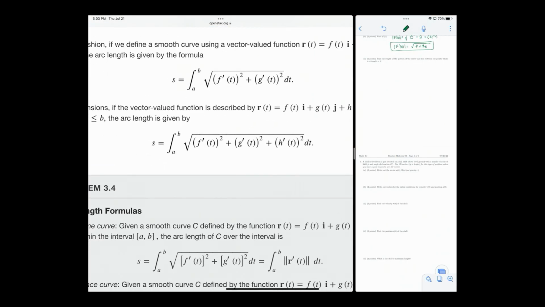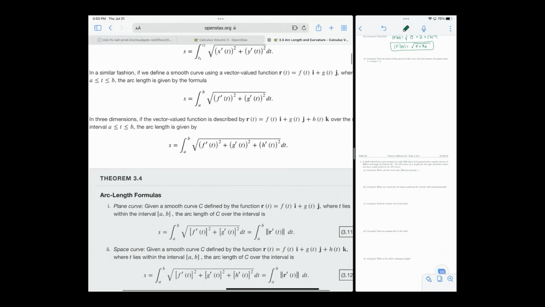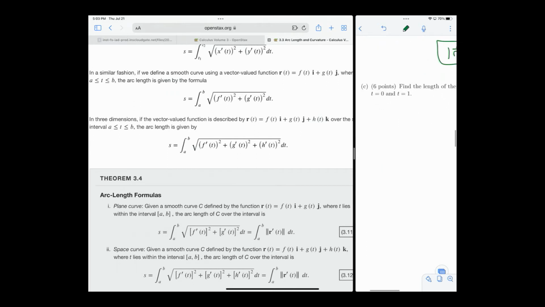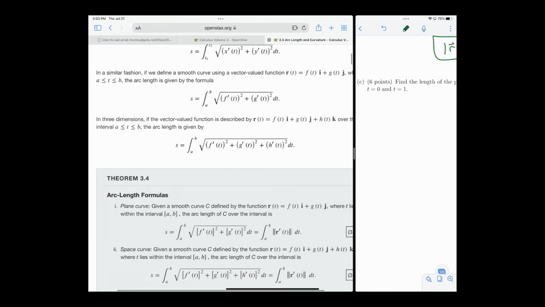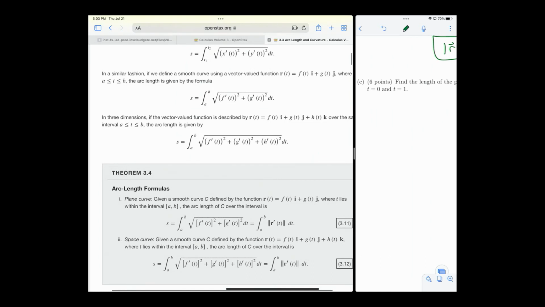So kind of the key here is an example, and it says like S, which will be